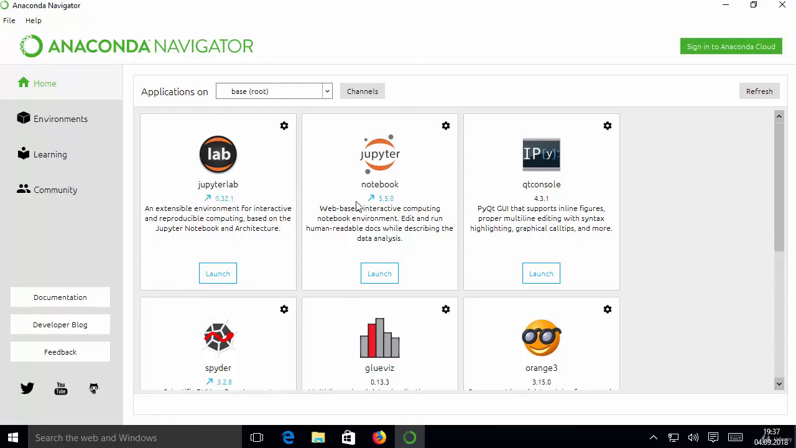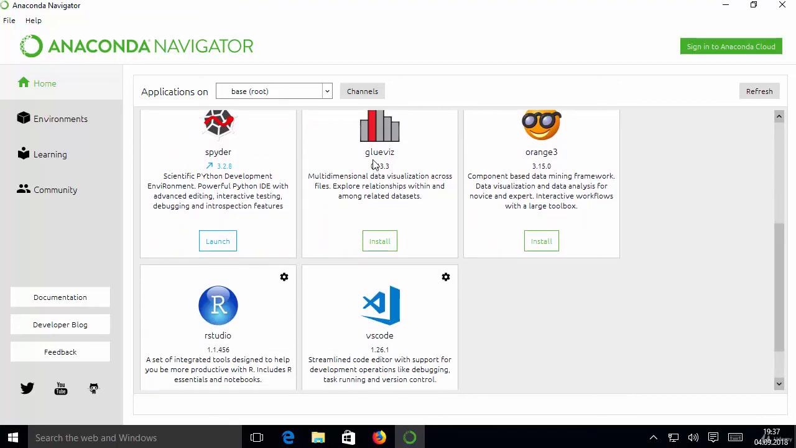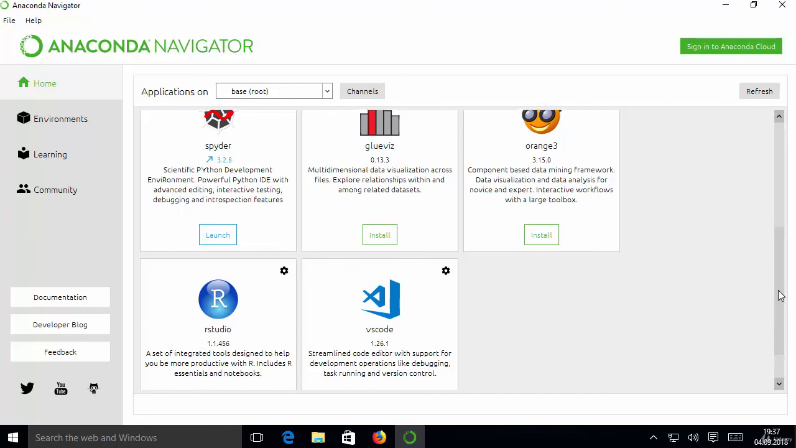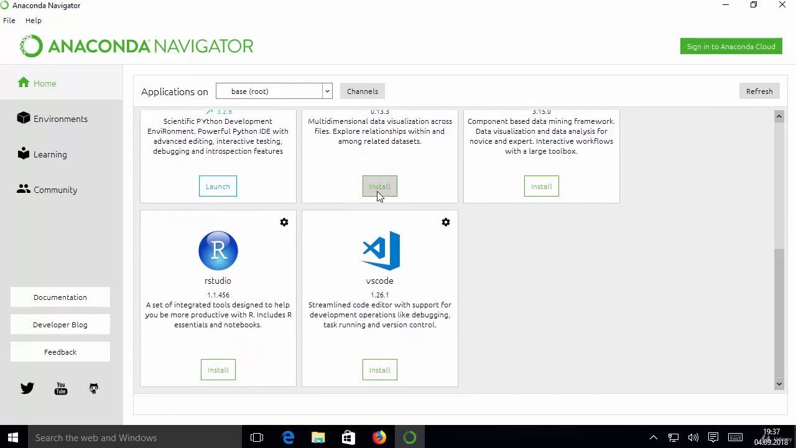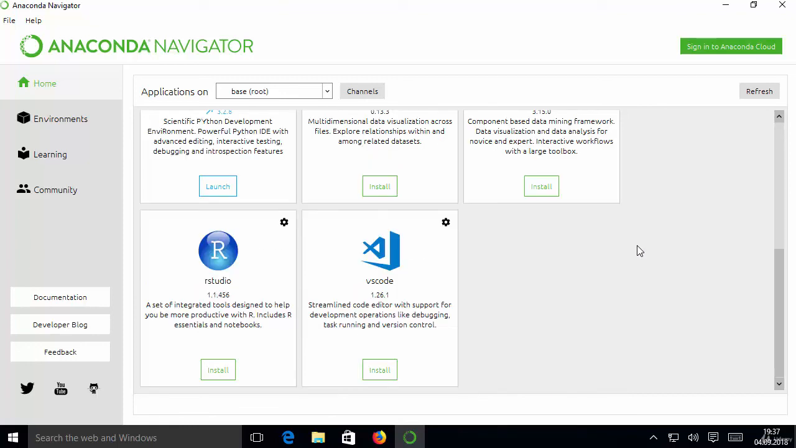So these 4 tools, JupyterLab, Jupyter Notebook, Qt Console and Spyder, come pre-installed with Anaconda, and some tools you can install. So for example, Glueviz, Orange 3, RStudio and Visual Studio Code you can install at any time by clicking on this install button whenever you want. So from here also you can launch these tools or install the other tools which are right now not installed. So this is how you can download, install and use Anaconda on your Windows 10